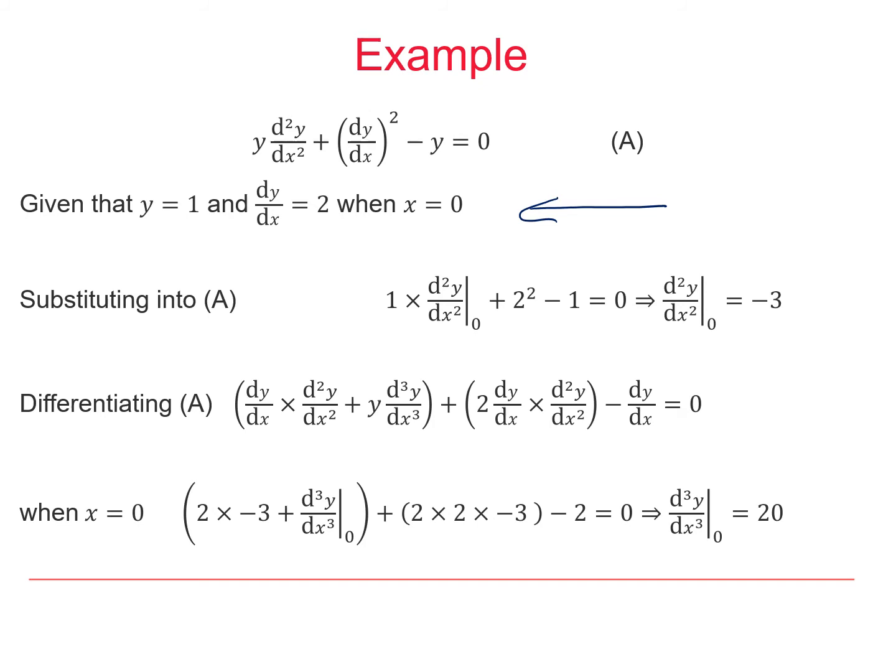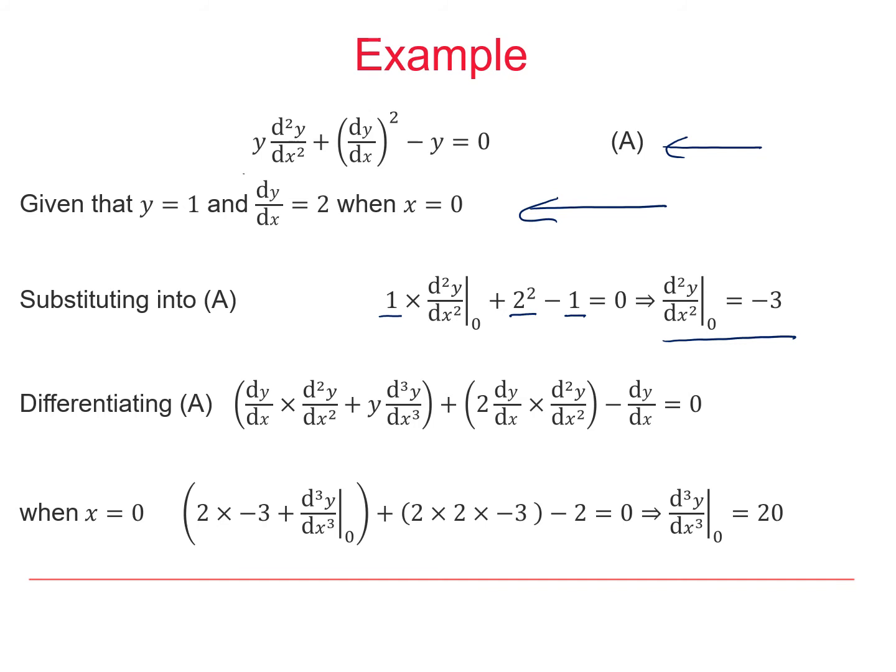To find the second derivative value, d2y by dx squared, we'll just substitute the given boundary conditions back into our equation A. So y equals 1, dy by dx equals 2, and we've got to square it, and that all equals 0. Collecting the numbers together and evaluating yields the result that d2y by dx squared when x equals 0 is equal to -3. We still need to find d3y by dx cubed,